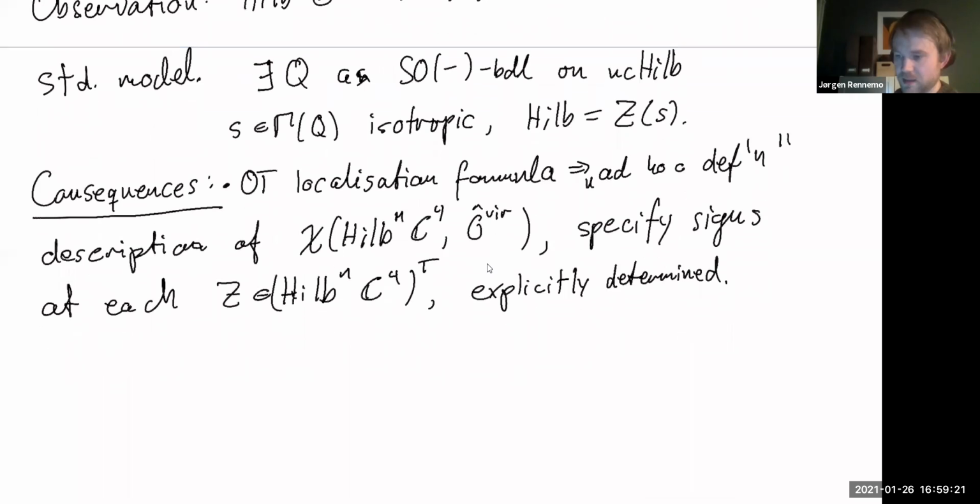Right, and the final ingredient in this, which is useful, which comes out of having this explicit local model, is we can actually do the same thing that we could do for the threefold case, which is